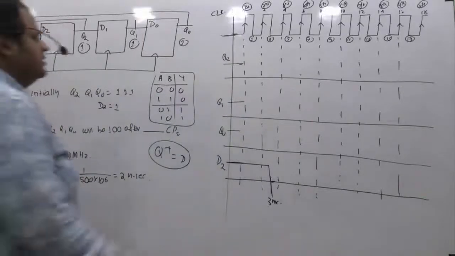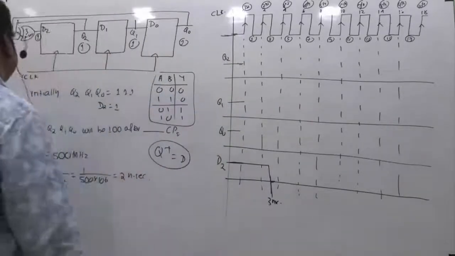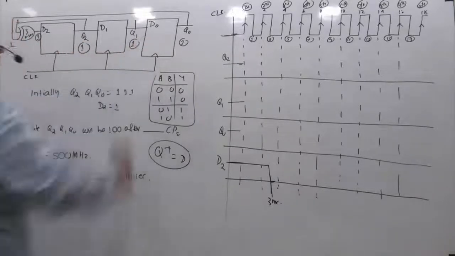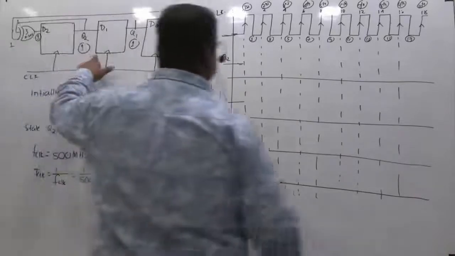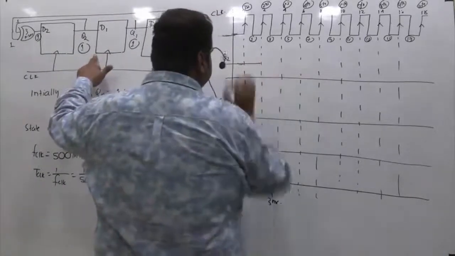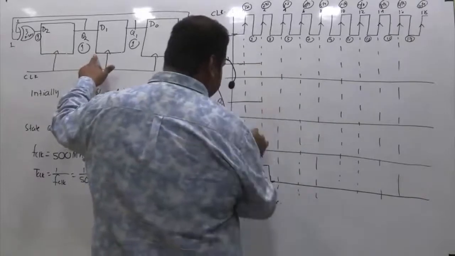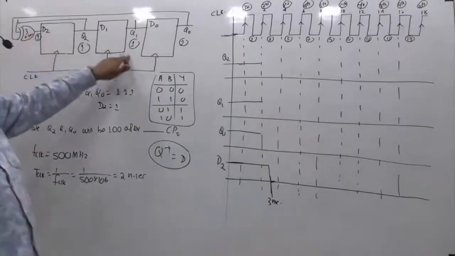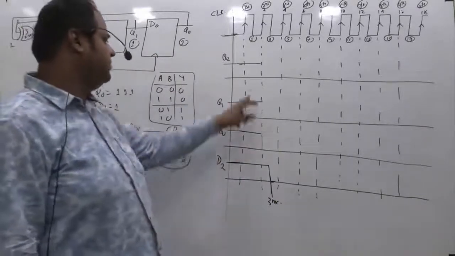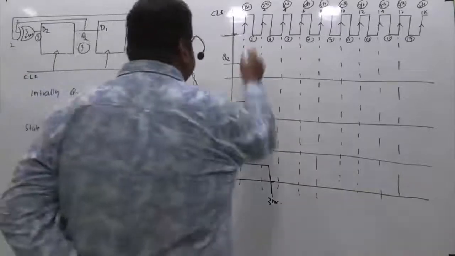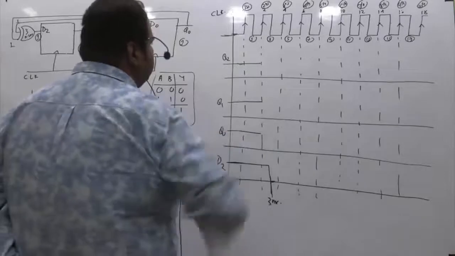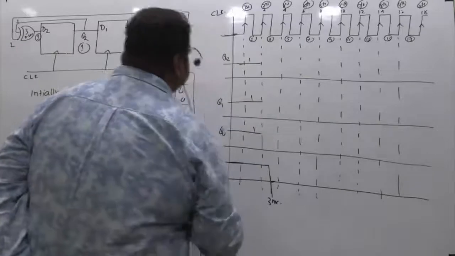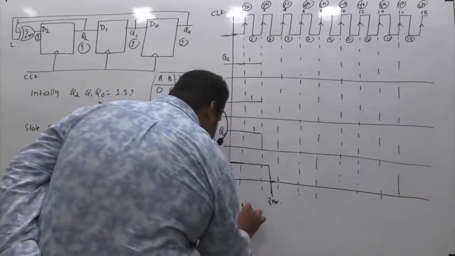Okay, fine. So at t equal to 0, the input to this D flip-flop is 1, the input to this flip-flop is 1, and the input to this flip-flop is also 1. So if you give 1 clock, Q2 will again be 1 till this point, Q1 will again be 1, and Q0 will again be 1. Why? Because the input to this is 1, 1 and 1. So after first clock, the corresponding states will be 1, 1, 1. If I ask you what is the state of the circuit after the first clock, the answer will be: here you can see 1, here 1, here 1. So after first clock, the state is 1, 1 and 1.